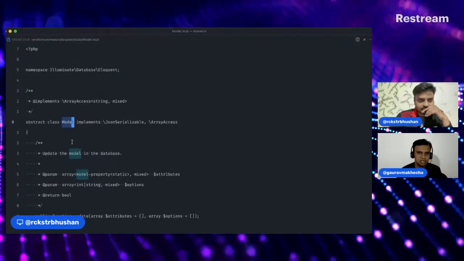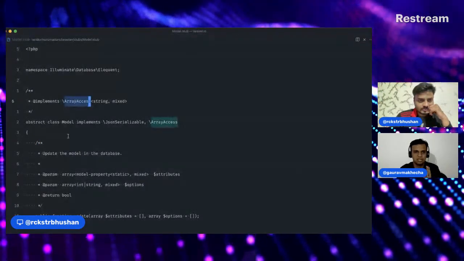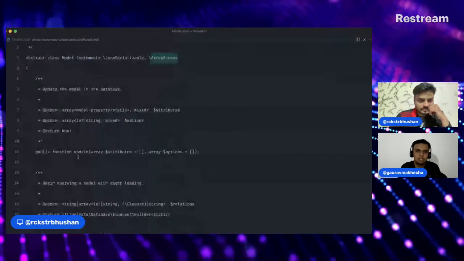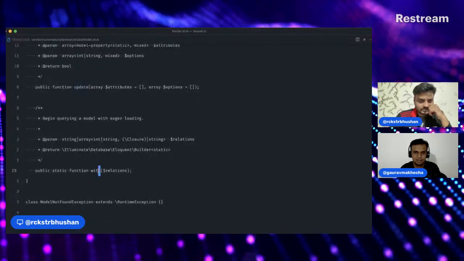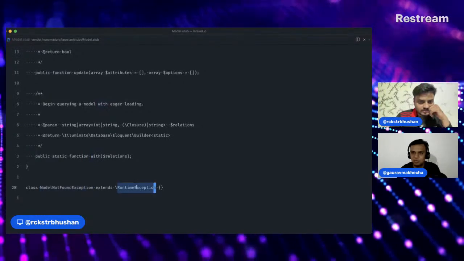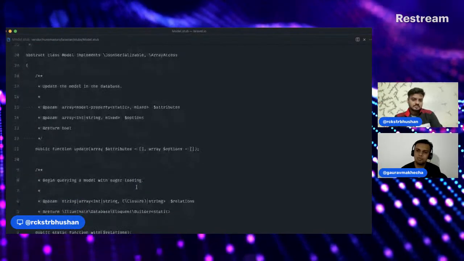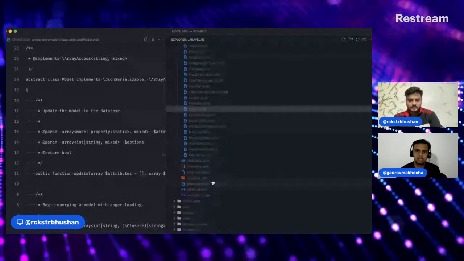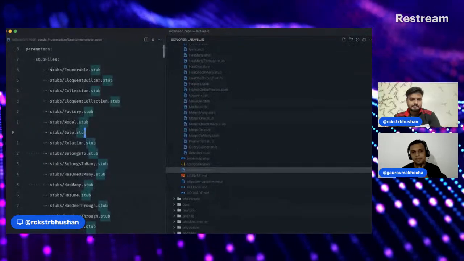So there is no actual execution, just a piece of code that improves the doc blocks that are there in the actual code, and it helps PHPStan understand what each method is about, what it accepts, and all that stuff. So using these stubs is one of the ways Larastan is making PHPStan understand the magic of Laravel. And we can do it too in case we have third-party code which is not in our control and we need to fix the types. We can add stub files for the same.